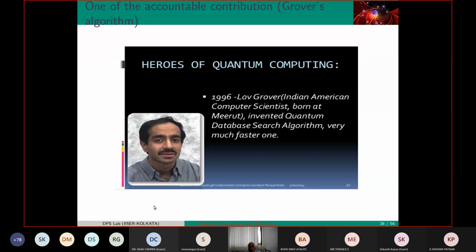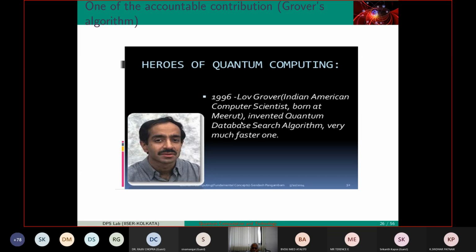Okay. After Feynman came up with this idea, quantum computers were still nowhere on the scene. In the early 90s, there were two major developments. One of them was by our Indian scientist Lov Grover, who pointed out that you can search very effectively using a quantum computer. It is called Grover's algorithm. He is a classical physicist who knew only 2x2 matrices. You talk to him, a computer science person, born in Mesra, a very decent person. He did not know any quantum, only 2x2 matrices, but he showed that using that, you can search very accurately and much more powerfully.